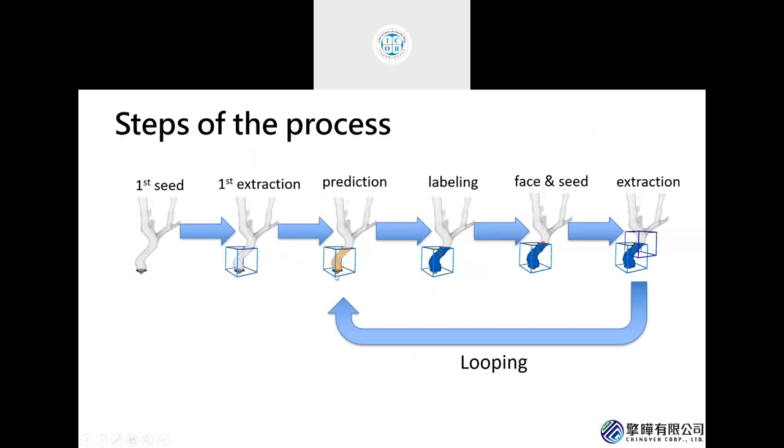So with the mask and the input image, we will predict the grade one, like this one. We label this as blue, and with some touch-up, we get a new extraction again. Looping the process, we could finally extract very complicated cases. This example was just to share with you because